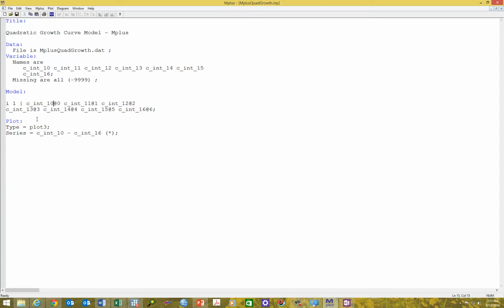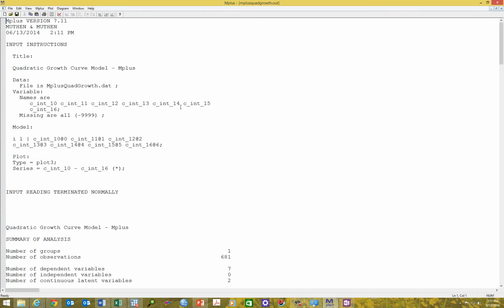Now I don't have my quadratic in here because we first want to just take a look at what this model fits like and what the parameters are when we assume linear growth. So let's go ahead and fit that model